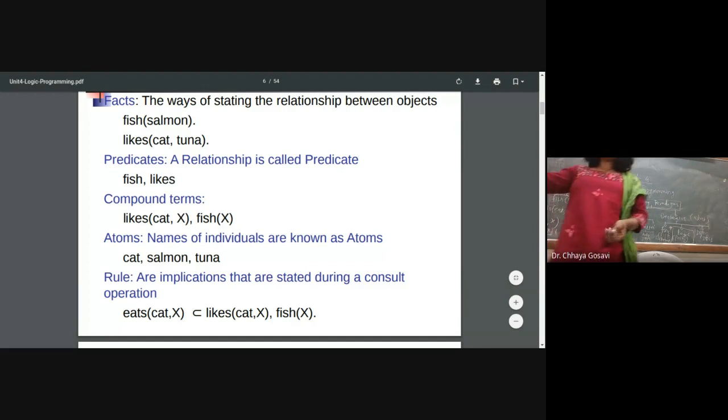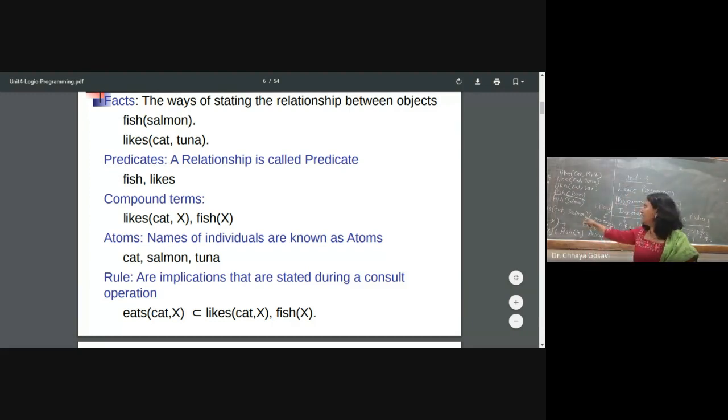We have a database, then we can define rules like this. Here it is a rule; it is not part of the database. In the database we have statements like likes and fish, or eating elements like this. When we state a rule, we are combining two relations together: cat likes something, and that should be a fish. Then we can say that cat eats that particular object.